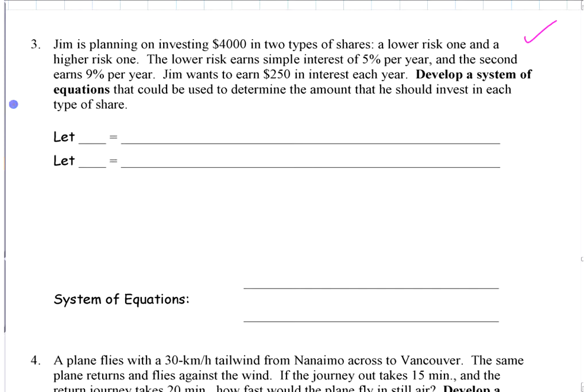The wording might need to be better on this because it's supposed to be, this is the total, and he's splitting it up amongst these 2 different types of investments. So he's taking $4,000 and splitting it up, some of it's going in the lower risk one and some in the higher risk one. So the wording could be changed here a little bit, but let's make sure we understand the situation. If you're taking $4,000 and splitting it amongst 2 different investments, and you're getting different interest on each of those investments,